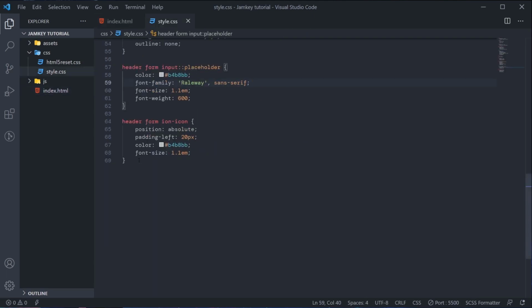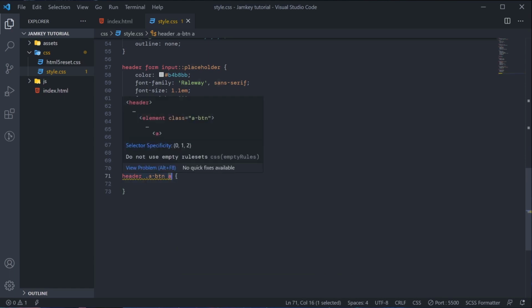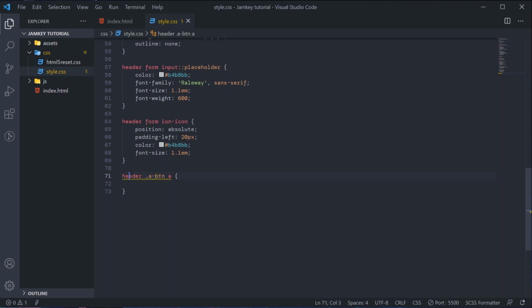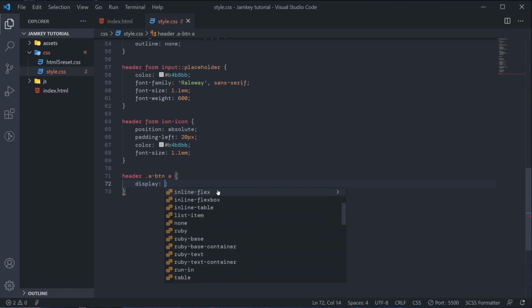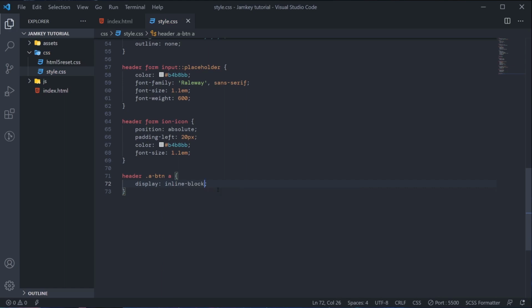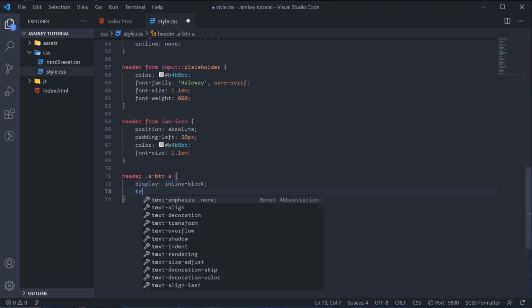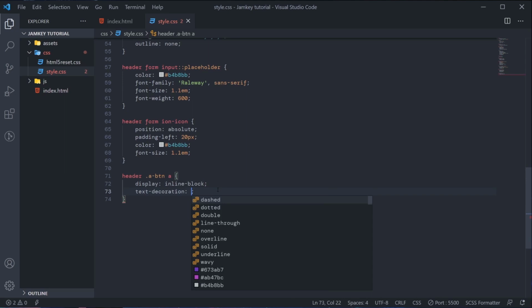So now let's target them in the style sheet. So I'll come down, then I'll type header button a. Okay, so we'll target the anchor tag for this class inside this header. So what I'll type here, I'll first set the display to inline-block. Then I'll set text decoration to none.